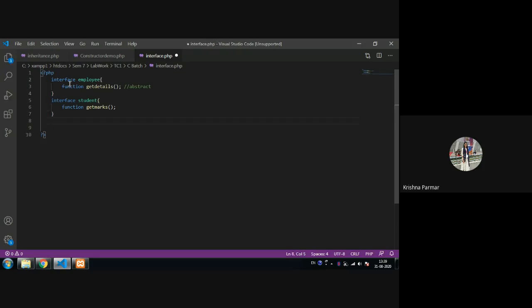Next I'm creating a class and the class name is Person. Whenever you have to access that interface, make sure you use this word implements. Just a second. Okay. And if you want to implement both the interfaces, then write both using a comma.